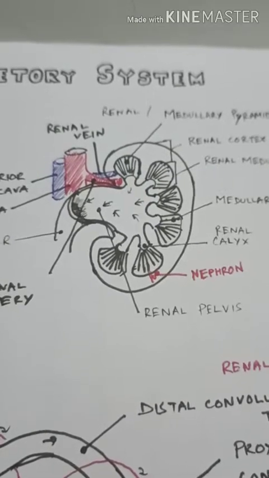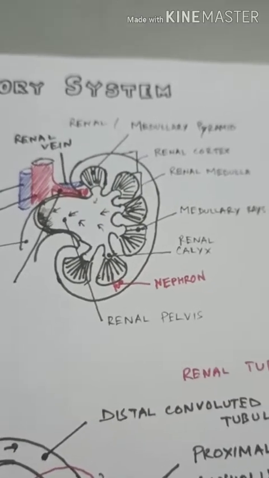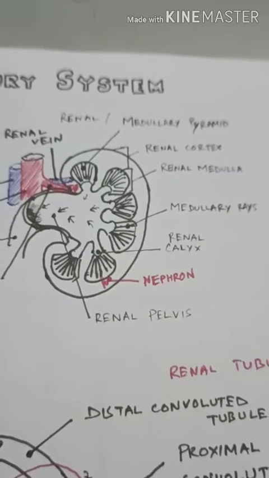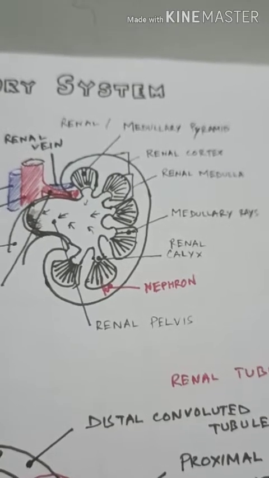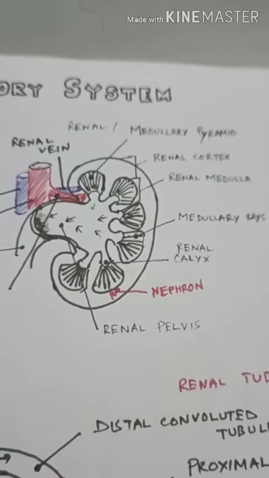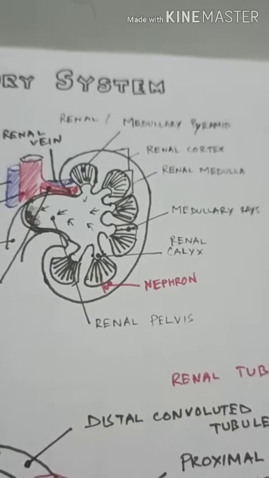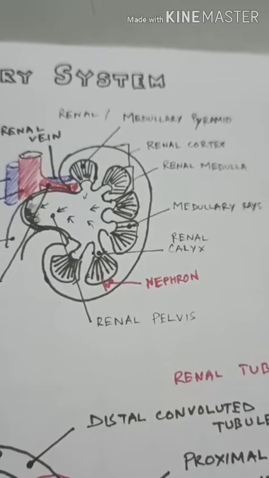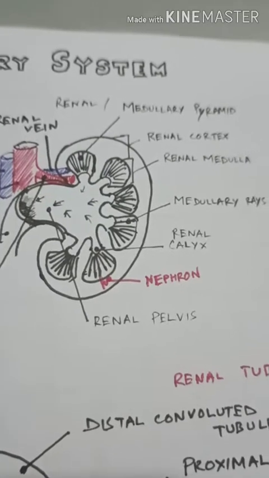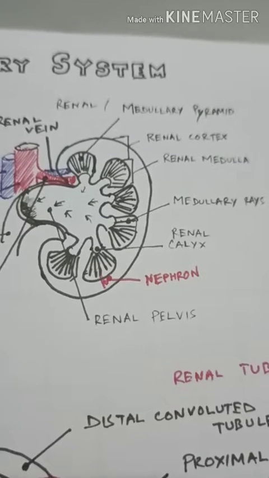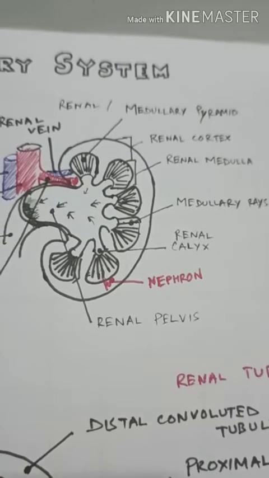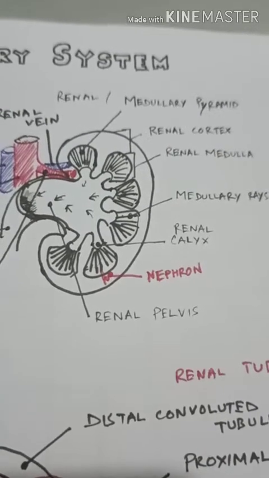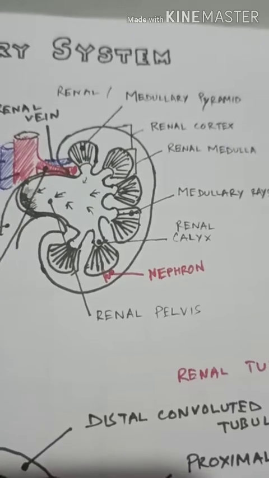Now that actually implies that the entire body, whatever processes are going on, every single process is dependent on the level of ionic balance that is there in the body, and it is this particular organ which is responsible for maintaining that balance. Mostly whatever metabolic processes run in the body, they produce a large amount of harmful secondary metabolites. Those metabolites are responsible for disrupting the osmolarity of the cells, so that the cells wouldn't be able to function.